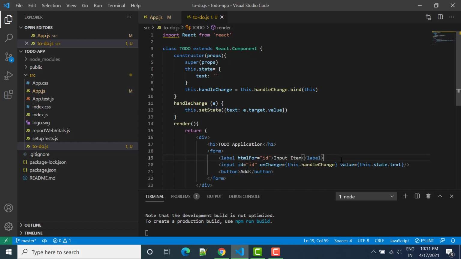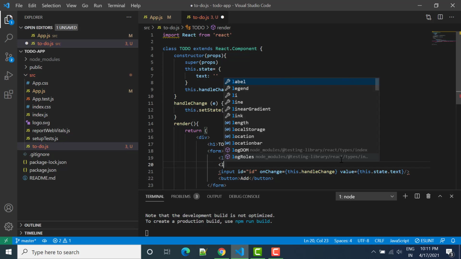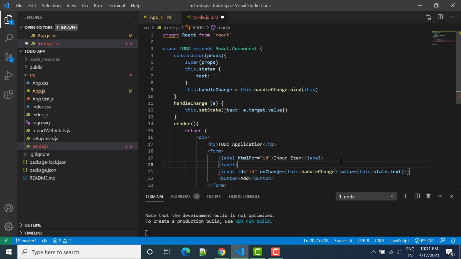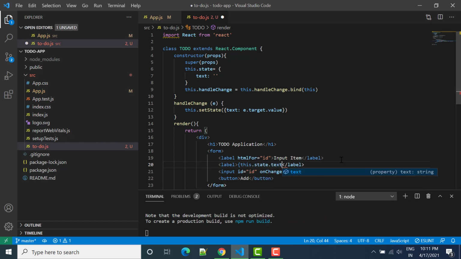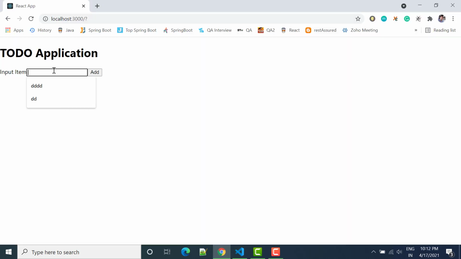So suppose I write a label here, and in this label I simply say this.state.text, and we can see it directly and you will see the impact. Whatever I write here is just added here.